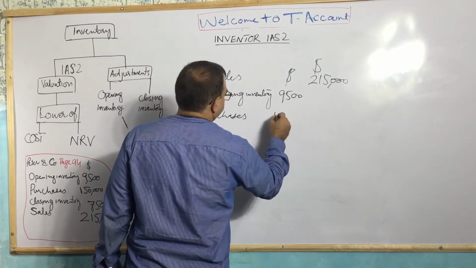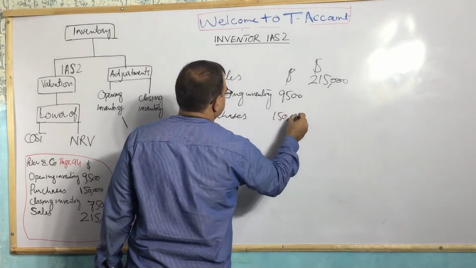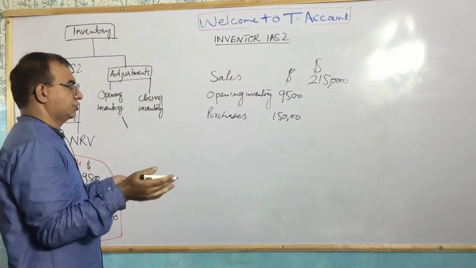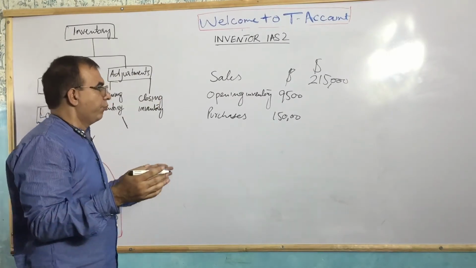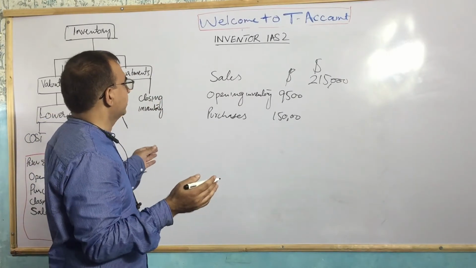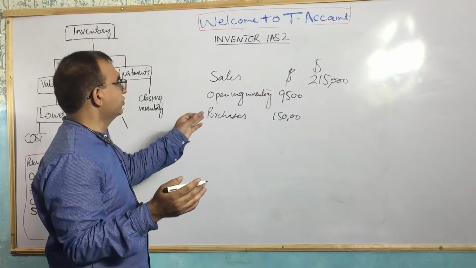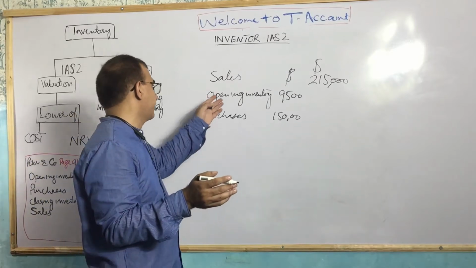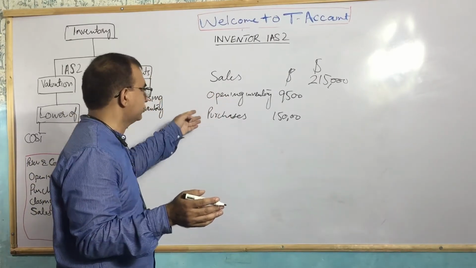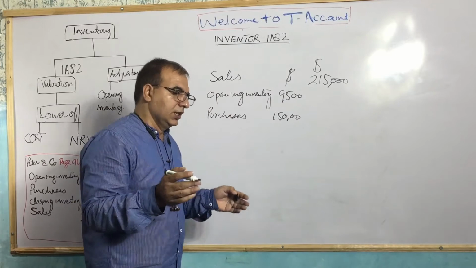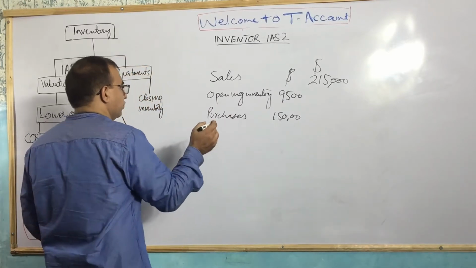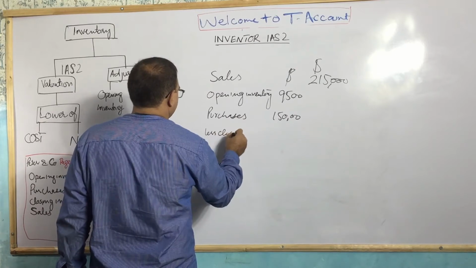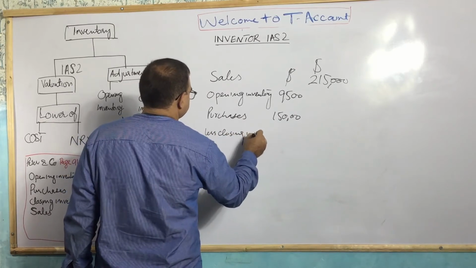How much? $150,000. Okay. Now this is total cost. But it includes something which we need to remove, that is still in inventory. The things which are still in inventory from opening stock and from purchases, that inventory we need to remove. We say less closing inventory,